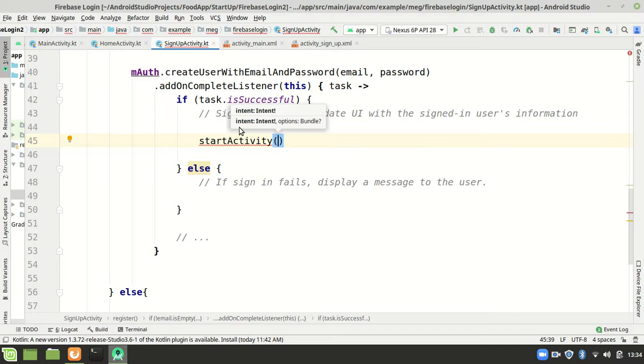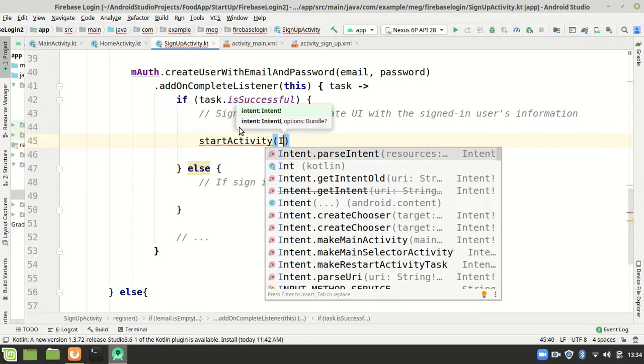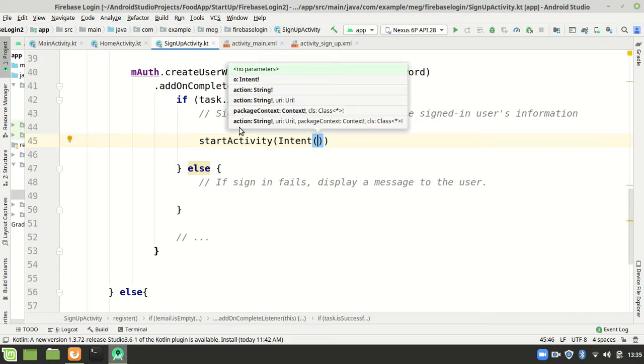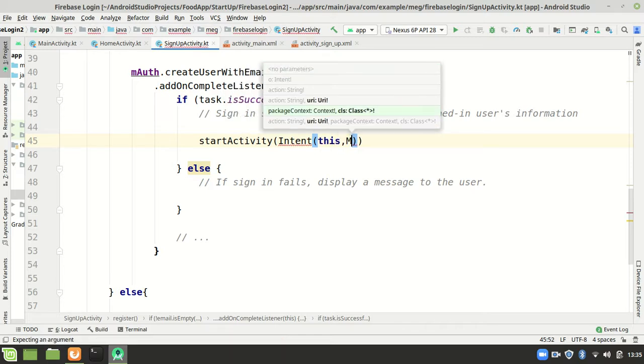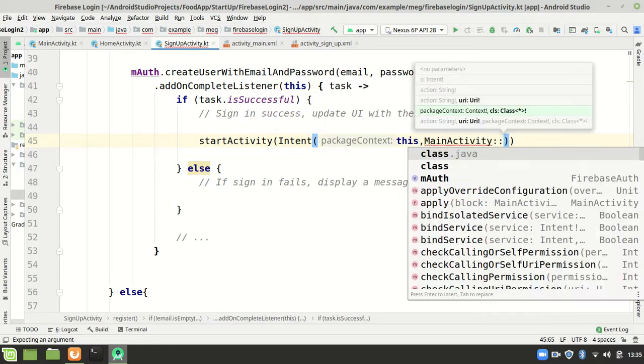So you'll just say intent. So we'll just pass our intent right here, and then we'll say from this activity, then we want to move you to the login activity. So main activity, then class dot Java. So you move from that to there,